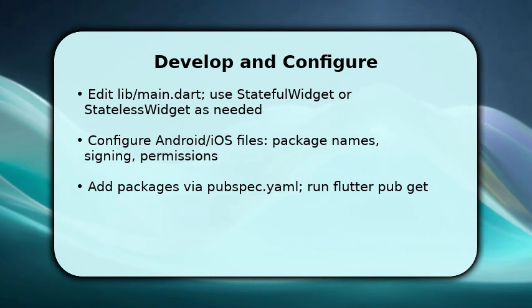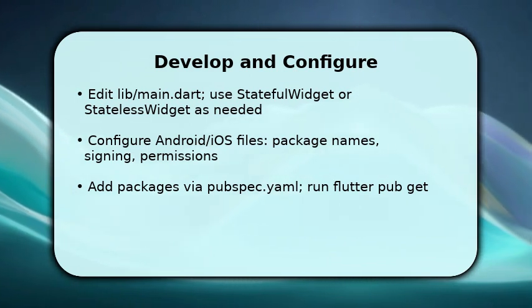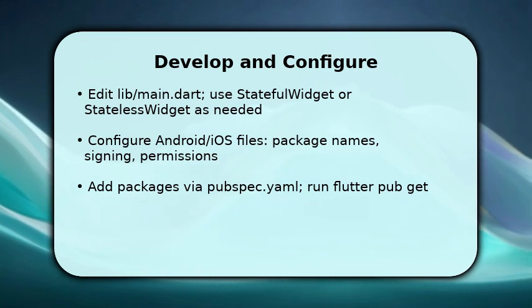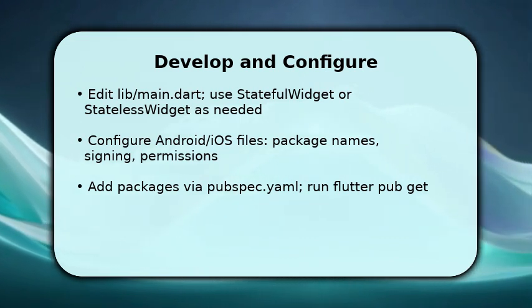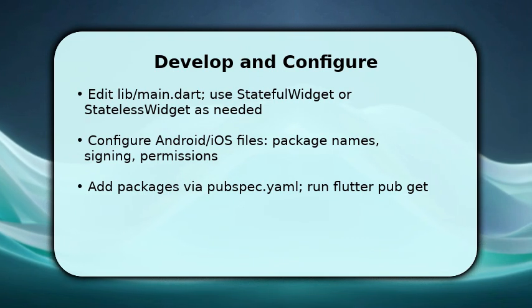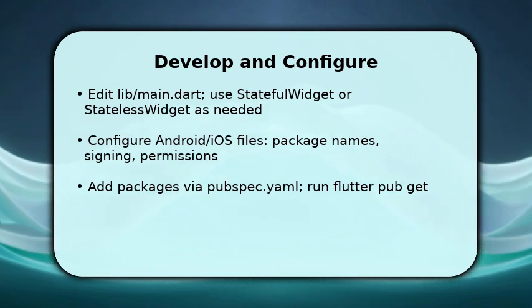Add dependencies in pubspec.yaml and run flutter pub get to fetch them. Once dependencies load, refactor code and test iteratively on an emulator. This helps catch runtime issues before